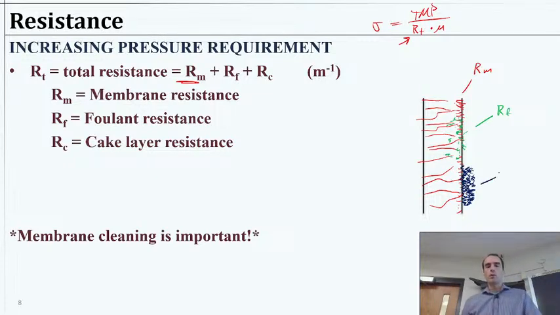And so here's where we would say this is the resistance due to the cake layer. Now, very simply, whatever resistance is there is the total resistance, right? You just add them up. So we might do a problem that says, here's a scenario: what happens if fouling now doubles your resistance? What happens to your pressure requirements? It's actually pretty straightforward. Mostly what I want you to recognize is how this works and therefore why it's important